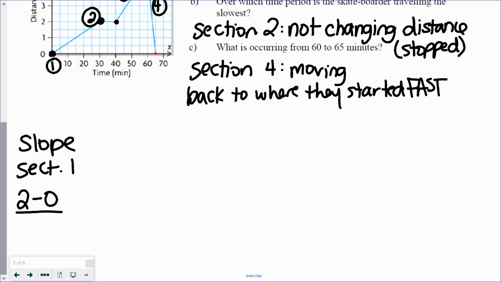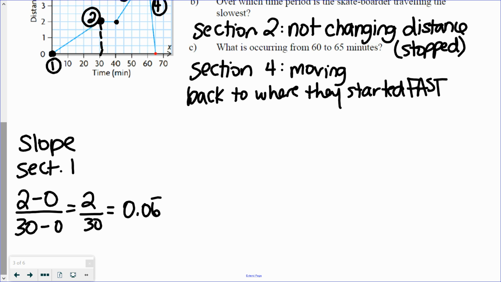My x coordinate of point 2 is equal to 30. My x coordinate of point 1 is equal to 0. So 2 subtract 0 is 2, and 30 subtract 0 is 30. So if I divide that, I get